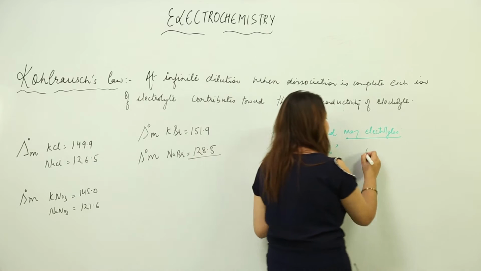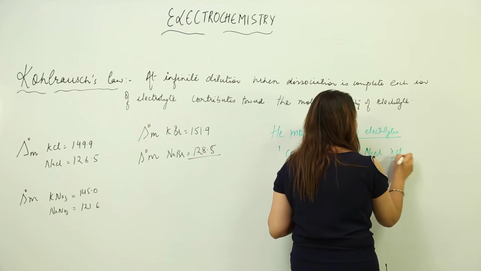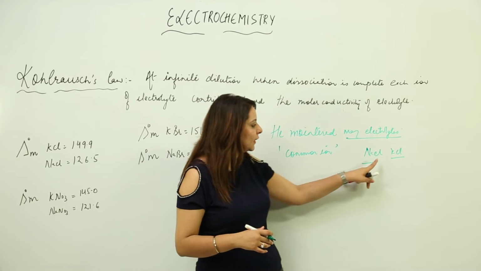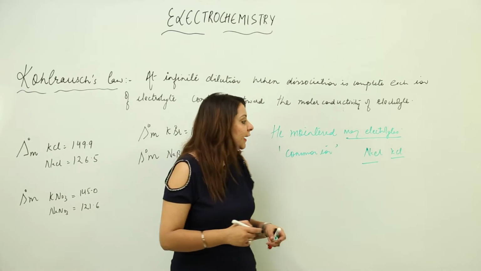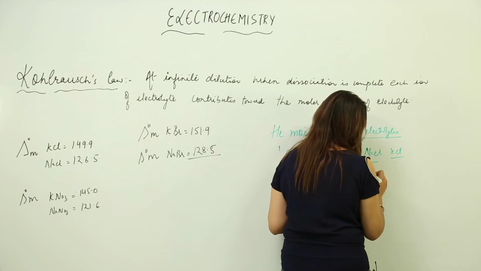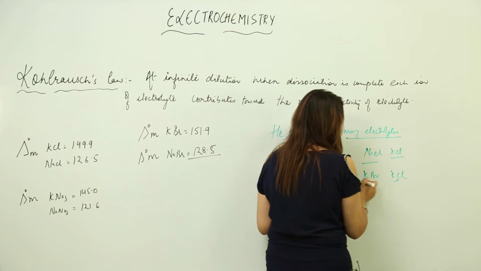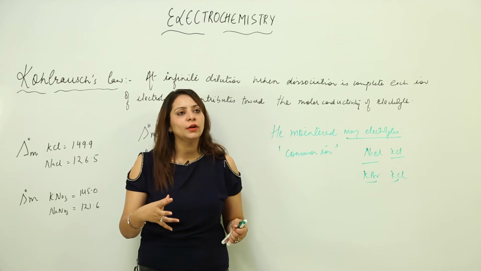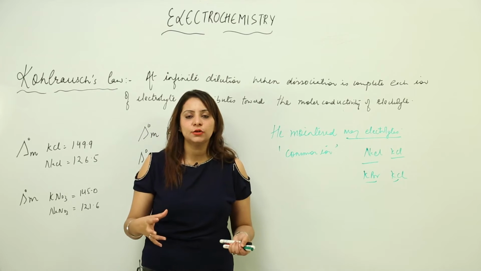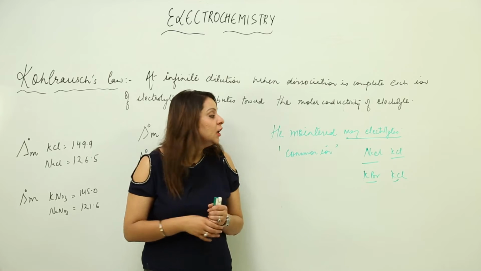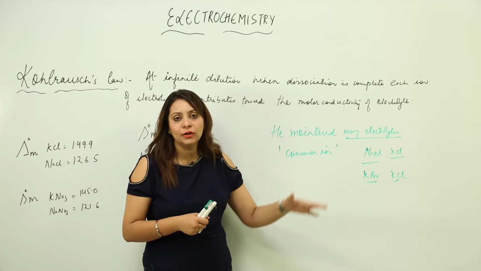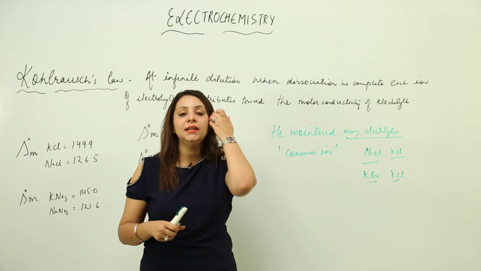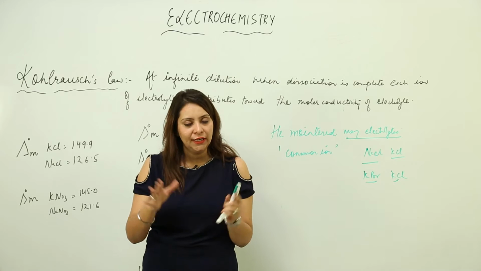like, I will say, NaCl and KCl. So these kinds of electrolytes he took into consideration. As you can see, Cl is the common ion. Likewise we can have KBr and we can have KCl. So here we see that K is the common ion. So he took 3 to 4 different electrolytes, but they had a common ion, and he monitored those electrolytes and came to the conclusion that if electrolytes contain the same kind of ion,